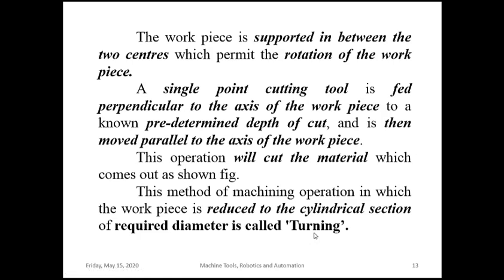Write a simple diagram, write some 4 points regarding this turning. First point is this definition. Then comes this one, how we will fix: the workpiece will be fixed between the two centers, then made to rotate at very high speed. The cutting tool will be fed against that rotating workpiece, then moved parallel to that workpiece. Then as the cutting tool comes in contact with the workpiece, it will remove the material, and finally the complete excess material will be removed, and finally it will produce a cylindrical section with the required diameter. Yes, you need to write only this regarding turning operation.